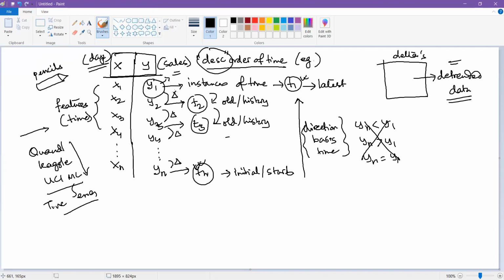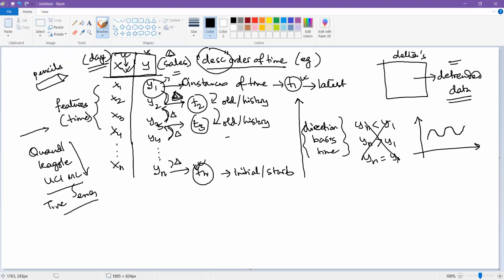If you do this delta operation in an Excel sheet, let's say these are two columns in your Excel sheet, you create a third column, which is y1 minus y2, then y2 minus y3, y3 minus y4, and so on and so forth, the first value being blank because you don't have anything called y0. If you take x, the first column, and the detrended or delta column, and plot it, then the trend is gone. You will find different patterns. You will not see the trend anymore.